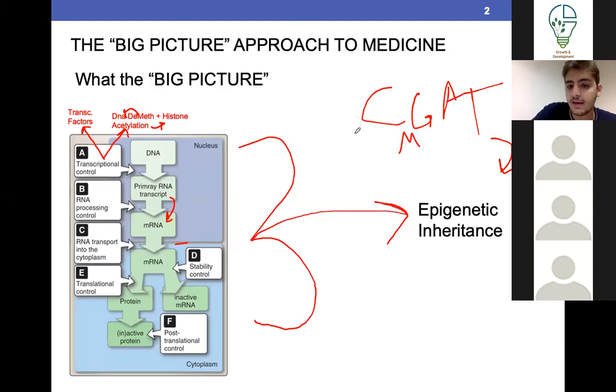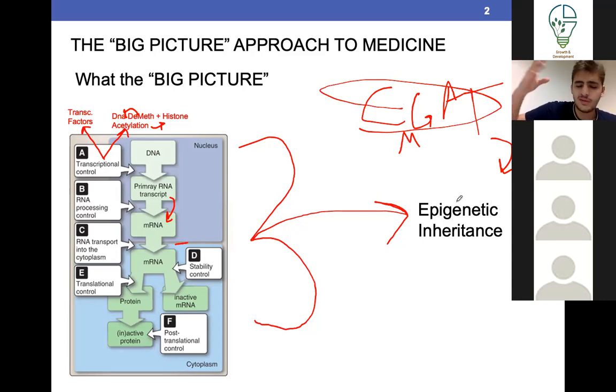Methylated means the whole gene is inactive, so you don't get the protein. Okay, so just because, for example, your DNA says you have CGBAT TAACG, for instance, doesn't mean that it will produce all the phenotypes. It all depends on the mechanisms that regulate that sequence. That's epigenetic inheritance, and it's a very important point that they ask about in the exam.